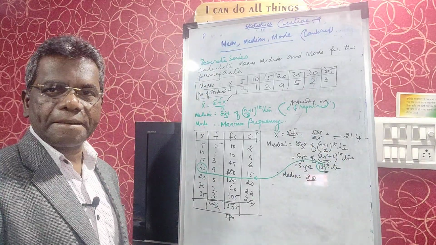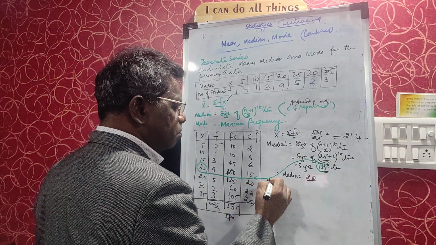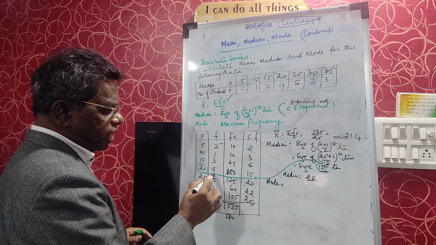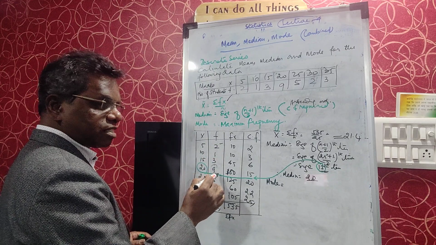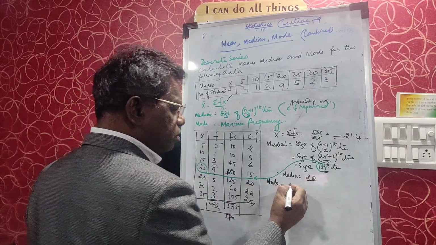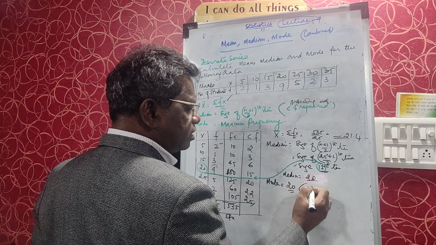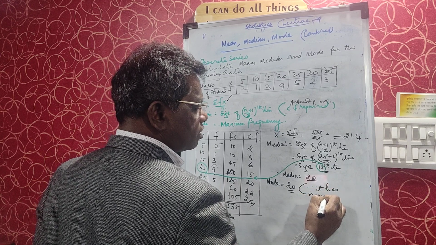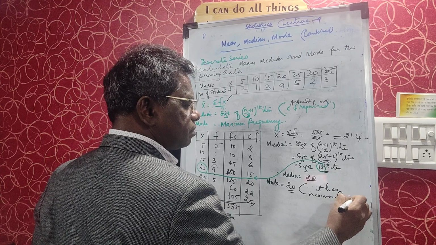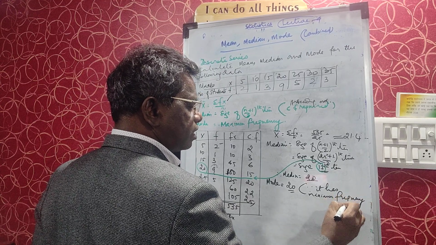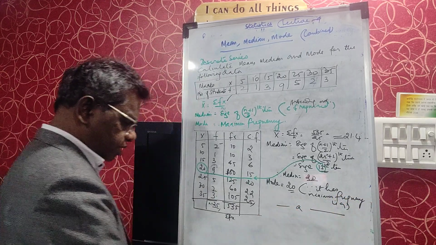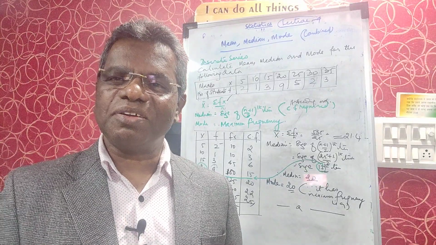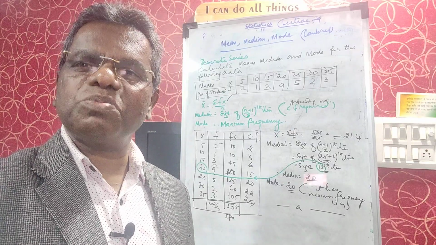That is done. Now we will do the mode. Mode is equal to how much? You have to see only the maximum frequency. 9 is the maximum frequency, right? Mode is equal to 20 again, since it has the maximum frequency, that is 9. So mean, median and mode for the discrete series is over. Simple. Now you need to do the continuous series of this, correct?